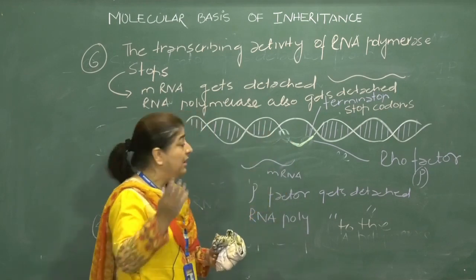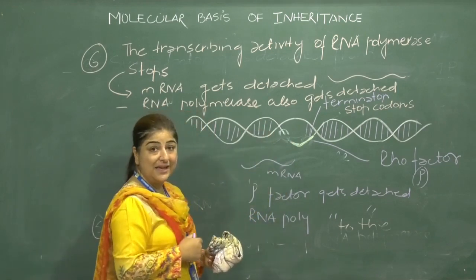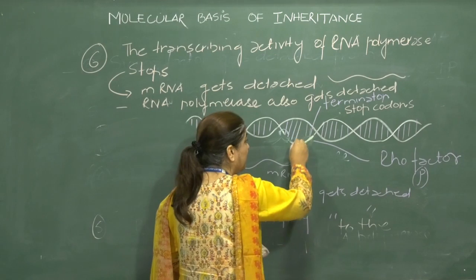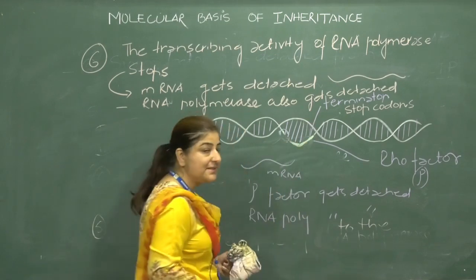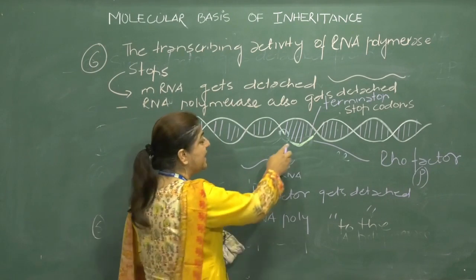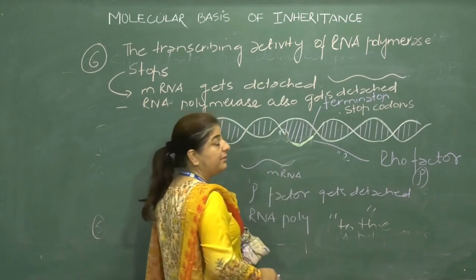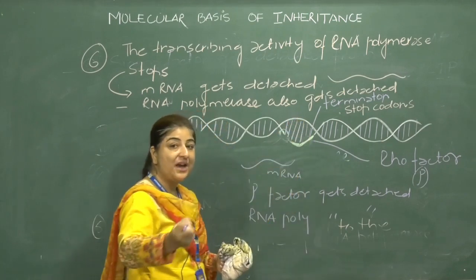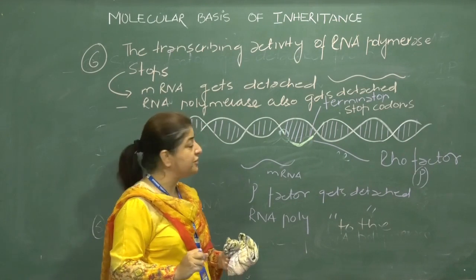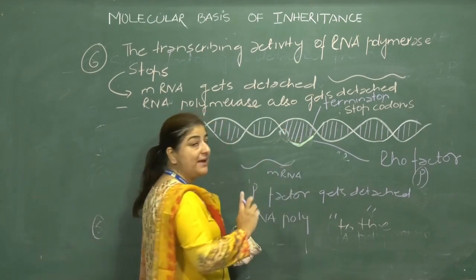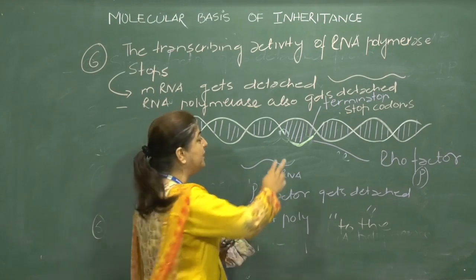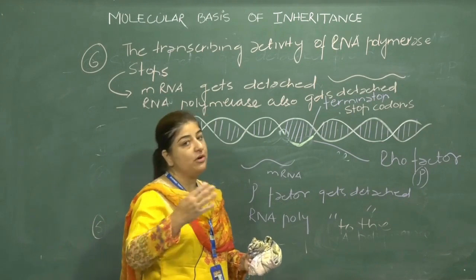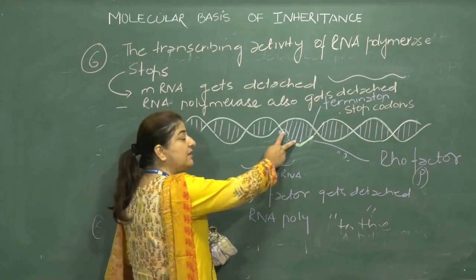Then another enzyme, DNA ligase, comes, and in case of the double-stranded DNA, ligase will join the template strand back into the original position. That means the hydrogen bonds will be established with the function of the ligases. It will join the two strands, the complementary base pairing will be established, and the hydrogen bonds will get developed. And this is the strand.